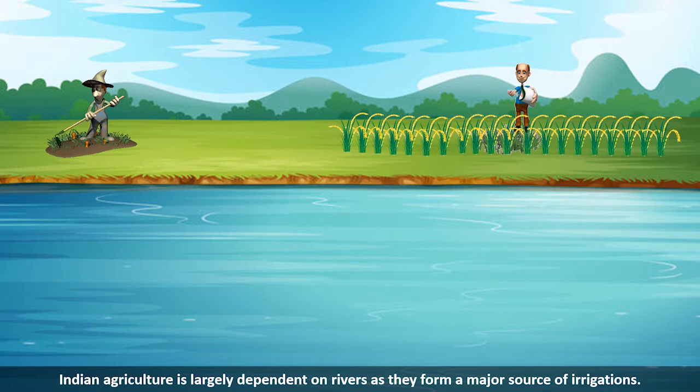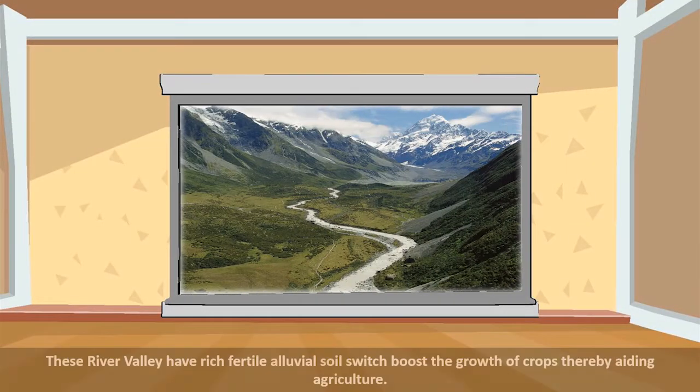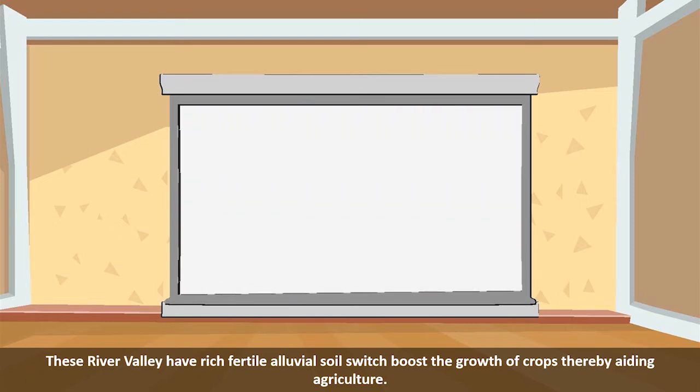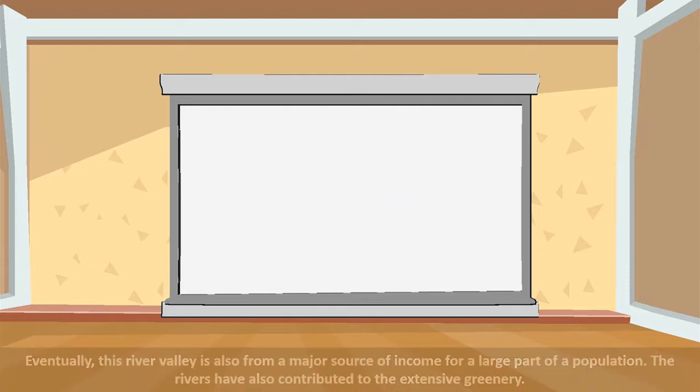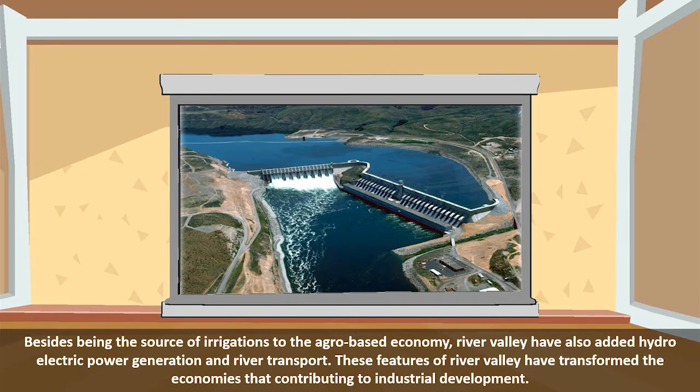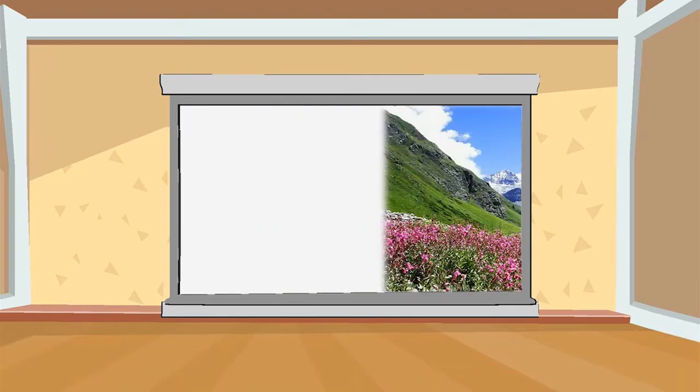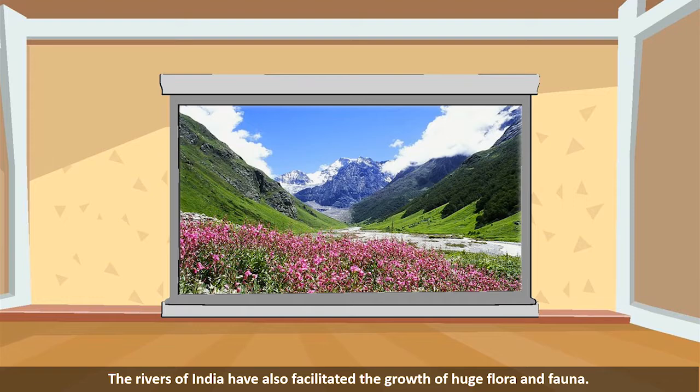The basic requirements for agriculture are adequate sunlight, fertile soil, and abundant water. In ancient times, during the development of Indian agriculture, the farmers believed that if they settled on the banks of any river, they could supply sufficient water for the crops to grow. The rivers of India form a major source of irrigation. A river valley is an area formed by the flowing of rivers. It is generally V-shaped. The soil in these areas is fertile and best suited for agriculture.